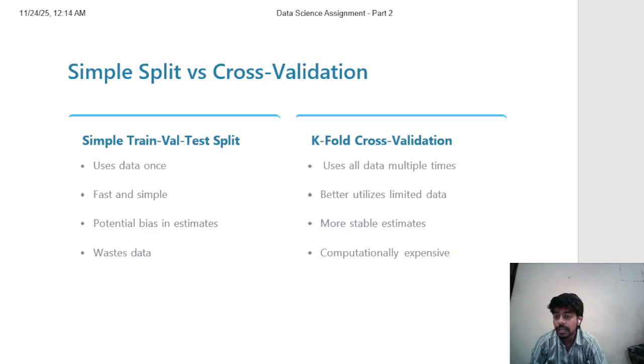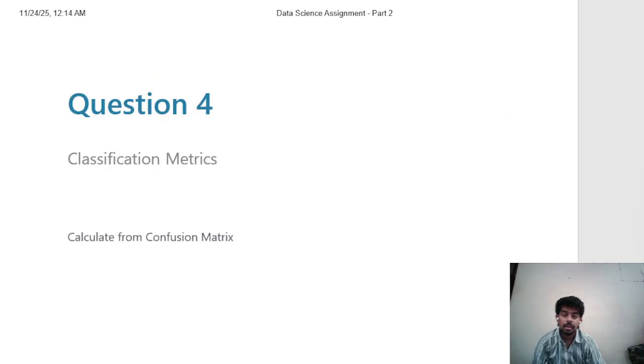The trade-off is that it's computationally more expensive since we have to train multiple models. For limited datasets or when we need robust estimates, cross validation is strongly recommended. Let's see the